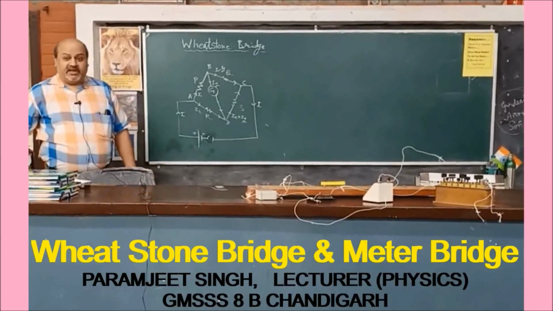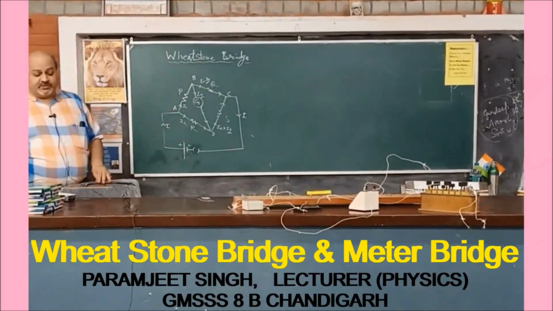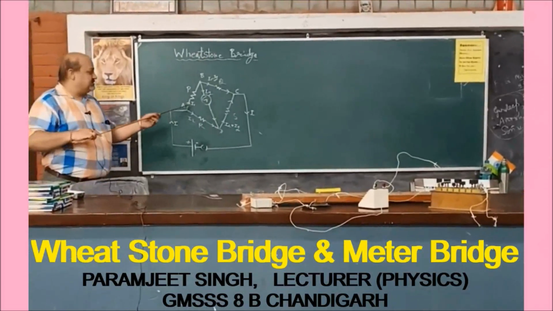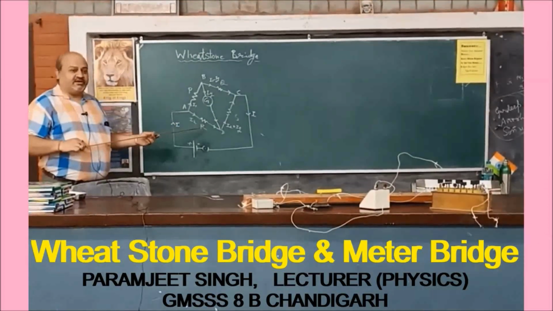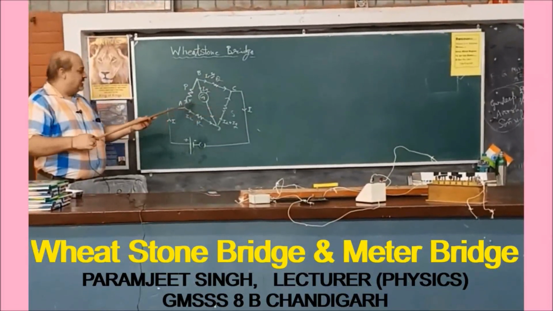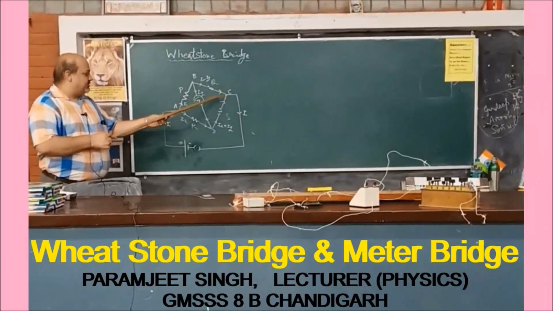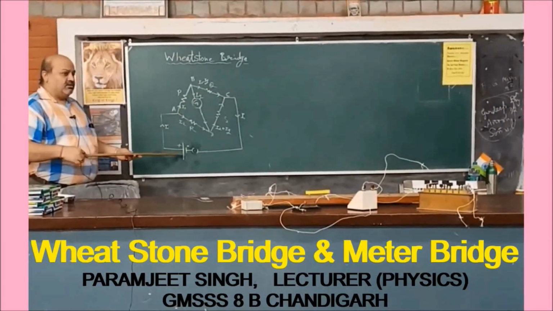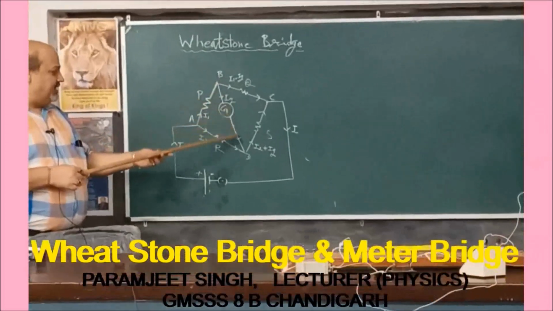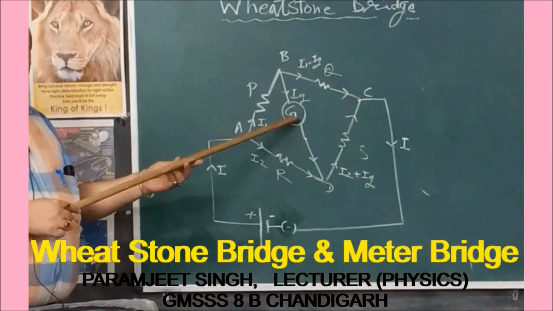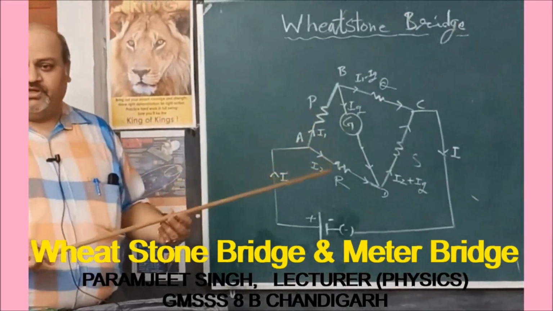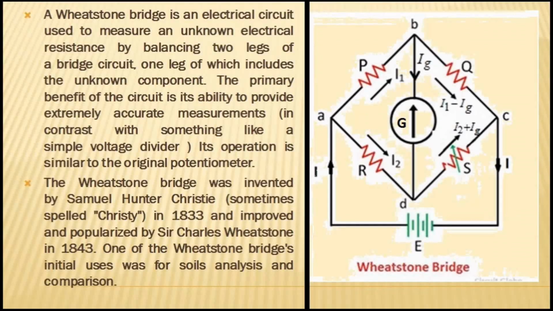Today we are going to apply this to the Wheatstone bridge, specifically given by Wheatstone. Wheatstone connected 4 resistances in the 4 branches of a quadrilateral. Values of resistances are P, Q, R, S. Then he connected a source, a power supply, across AC. This is the cell. And he connected a galvanometer between B and D, to check the presence of current in BD.